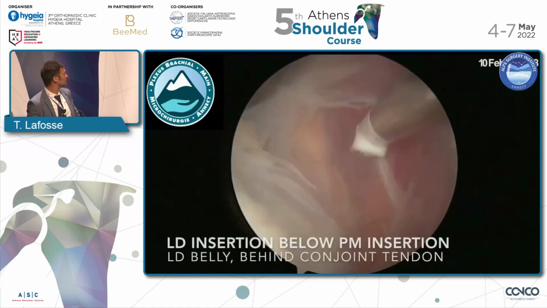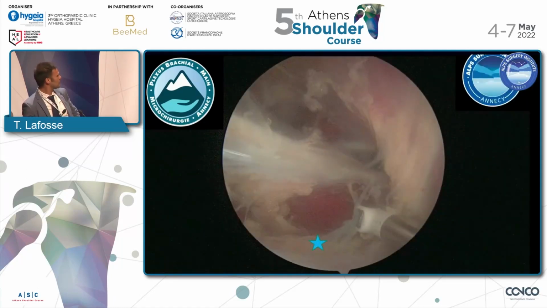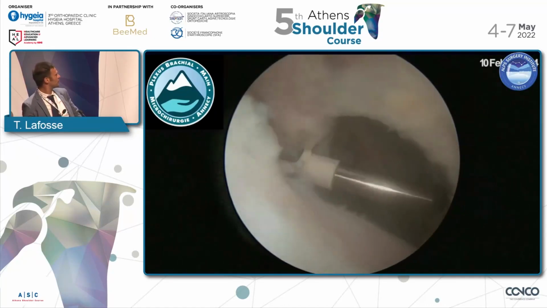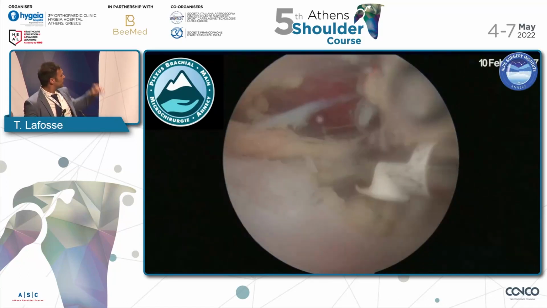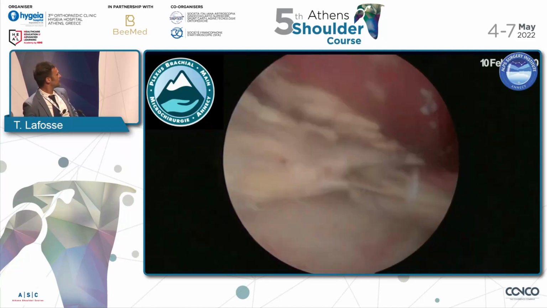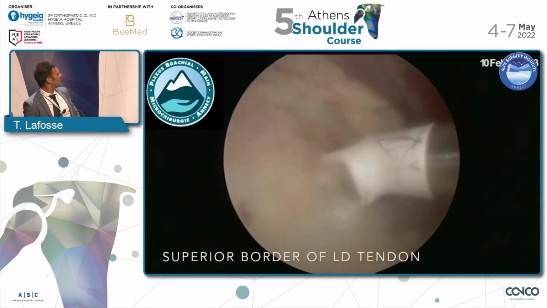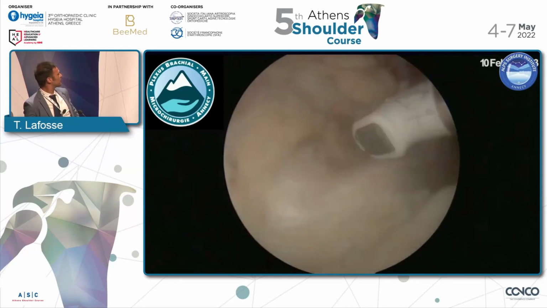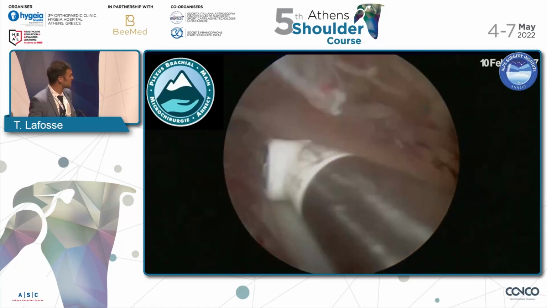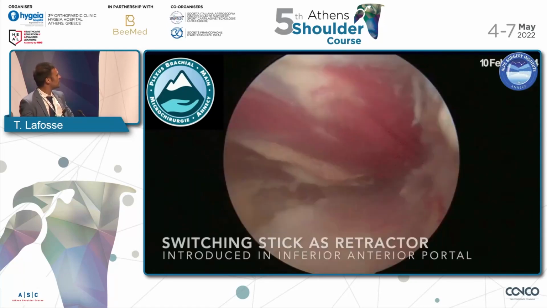So the way we do it in Annecy is that we like to harvest the tendon arthroscopically. Jean described an all arthroscopic technique to transfer the latissimus and the conjoint and the teres major to the posterior superior cuff tear. So we go very low below the insertion of the pec to find the insertion of the latissimus. And this is the